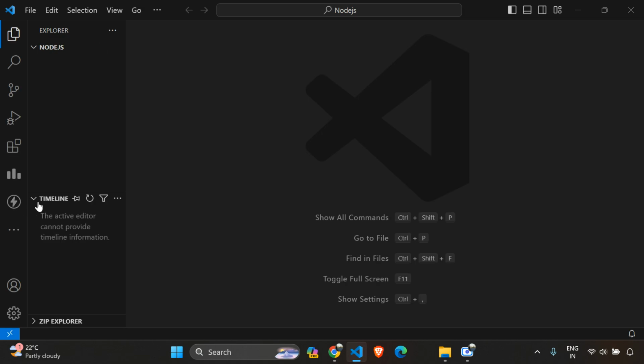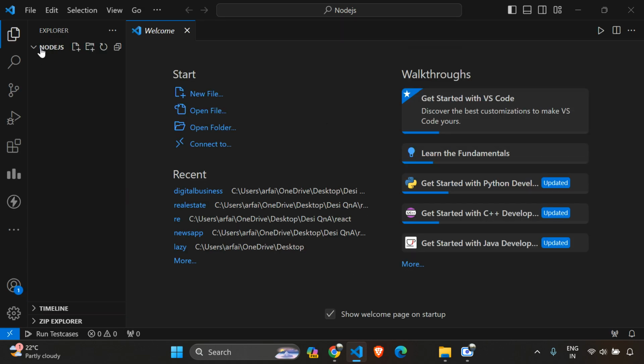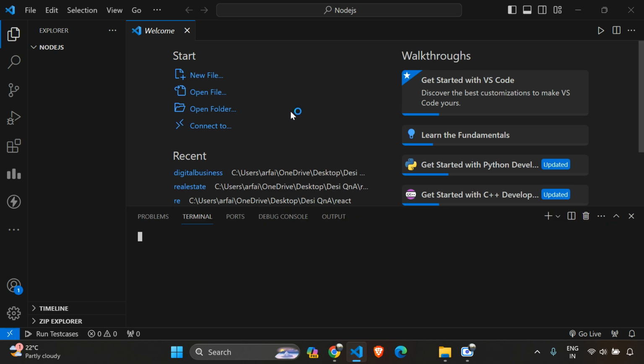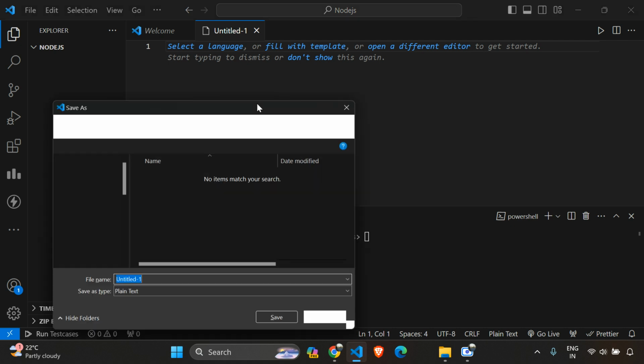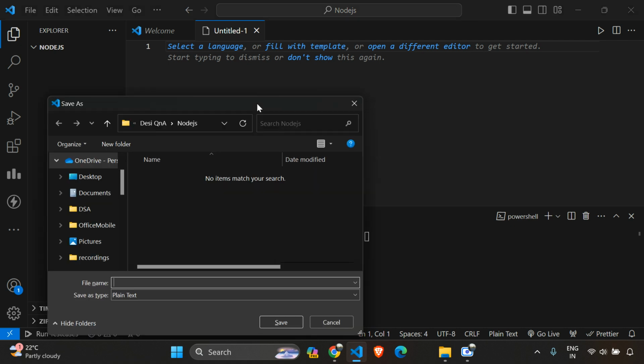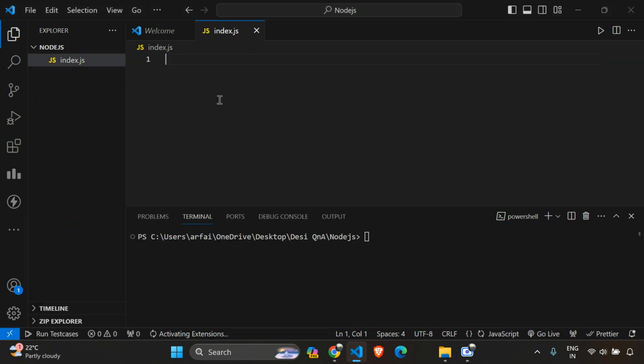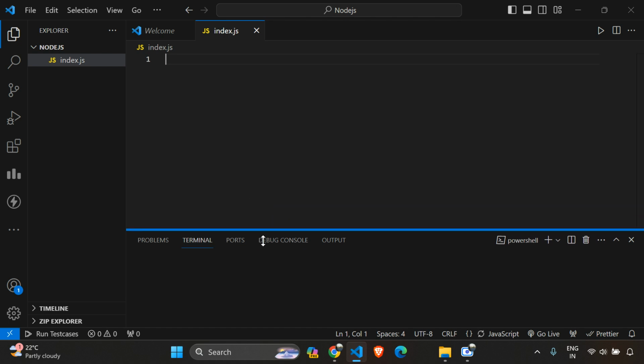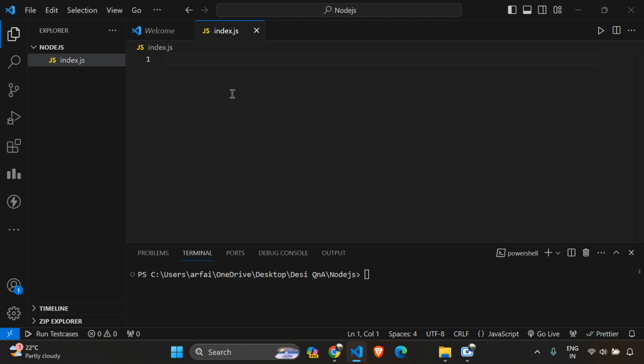I will open this particular folder, and I will not be creating a lot of folders over here as we did in our React course. Okay, so here we will be just having simple files over here. See, learning Node.js is very easy if you know JavaScript. And here I will name this file index.js. Again, you can name it anything. Just for the naming convention, I have named it index.js.